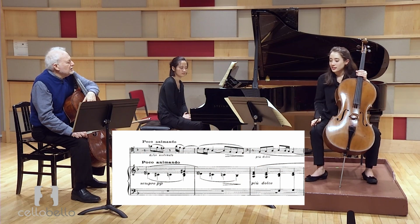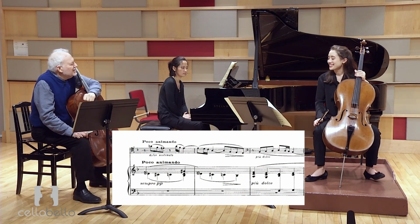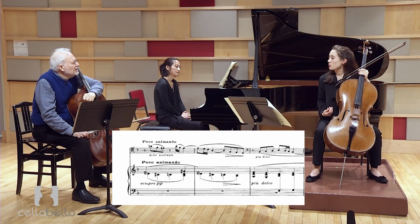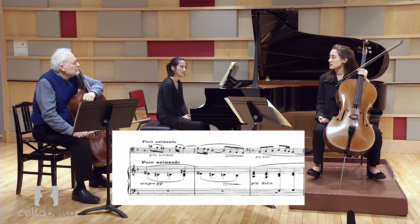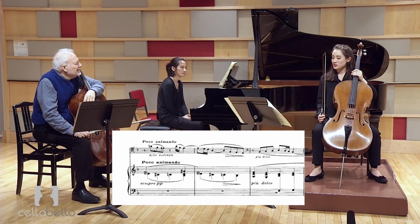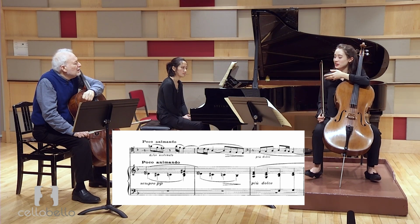How do you, I heard you do a change there. I could tell you were after something. Yeah. Can you verbalize it? I think it's somehow more hopeful, or there's a different emotion that gets introduced in that. What do you do with the bow or with the vibrato? I think I try to intensify the left hand, or not intensify isn't the right word, but give it